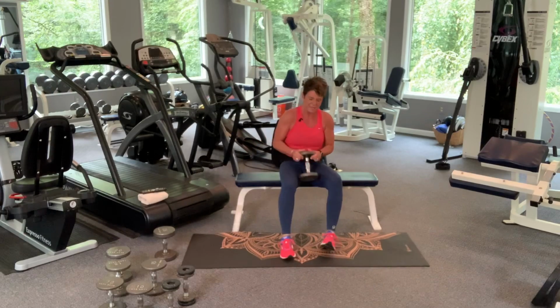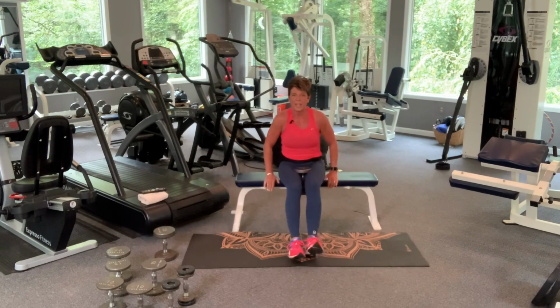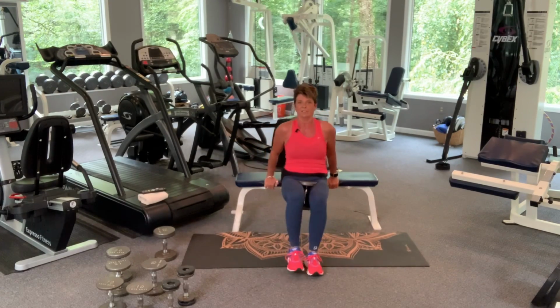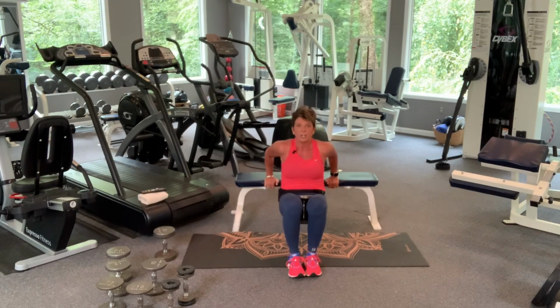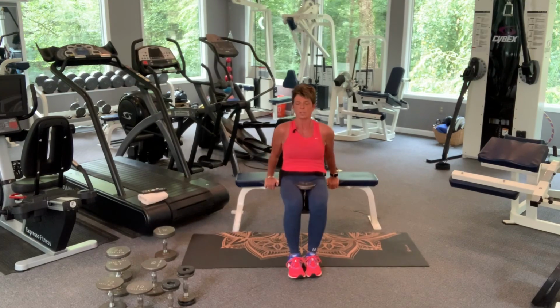If you're doing them on the bench, put the weight between your legs, and let's lower and lift, lower and lift. All right, so here the elbows are tucked in tight, and you're trying to avoid pushing with your feet because you want the arms to be doing all this work, the back of your arms. You got 20 more seconds. Then we're going to move into